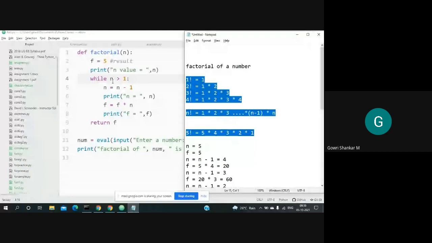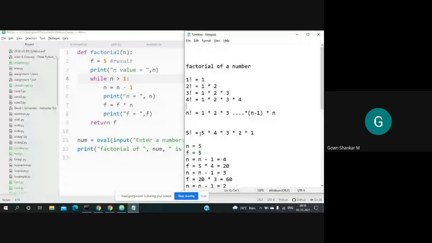This definition is what we have used here. If you see, we are actually doing 5 into 4, then 4 into 3, then 3 into 2, and that's all. For 1 we are not going inside, so it will stop. So we are doing it like this: 5 into 4 into 3 into 2 into 1. This is what we are trying to imitate here. Now a recursive definition of factorial: for n factorial, you have to define it in terms of smaller instances of n. How will you define n factorial in terms of n minus 1, or n minus 2, or n minus 3? That is what we mean by a recursive formula.